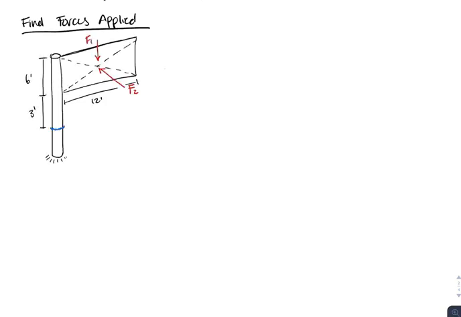So we have find forces applied. So give me a second, I'll redraw those. So here's our system redrawn. I'm just going to define over to the right here: F1 is going to just be equal to our weight, and then F2 is going to be equal to our wind load. And so we can simplify that.